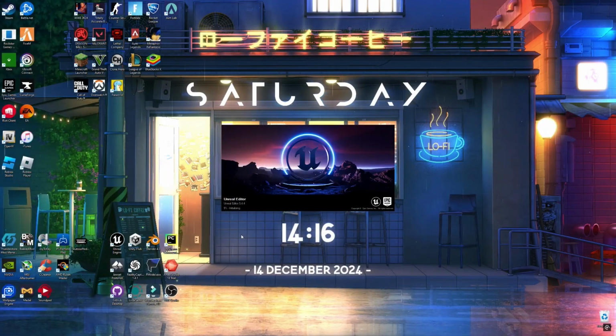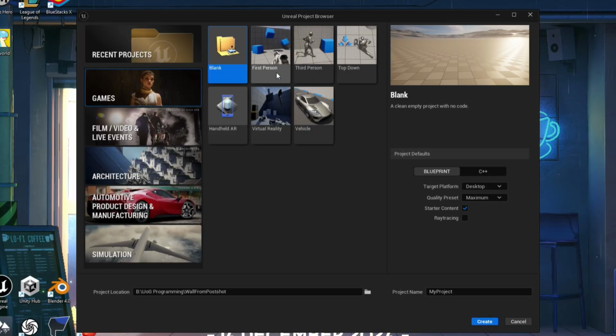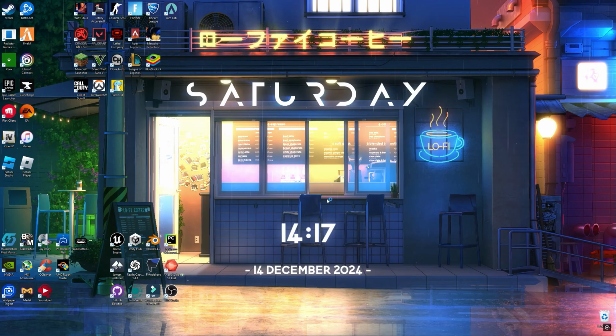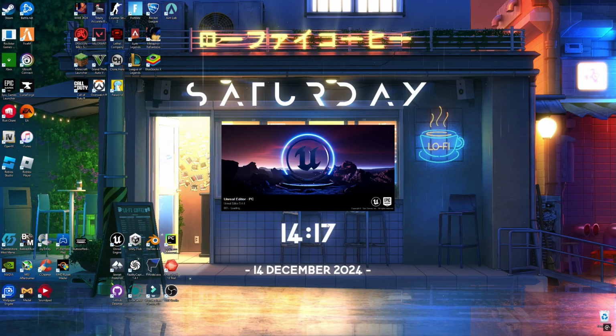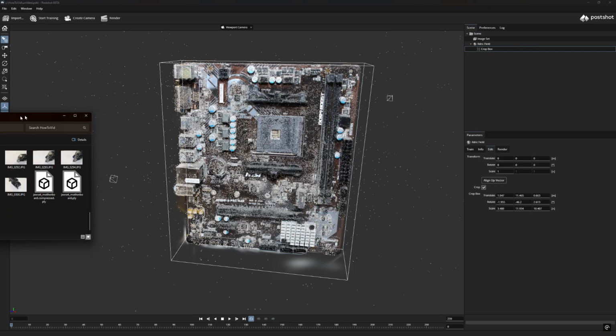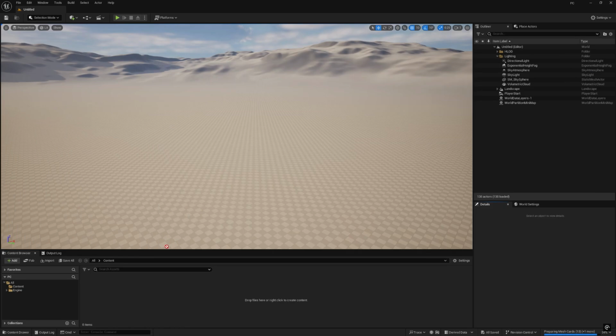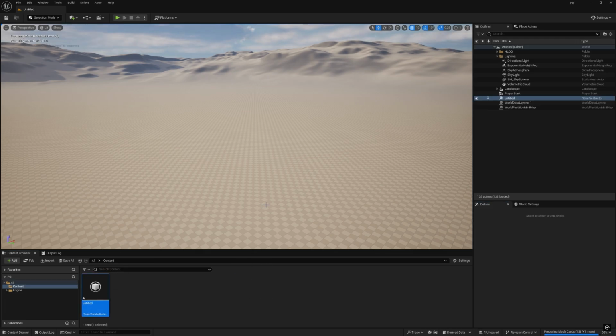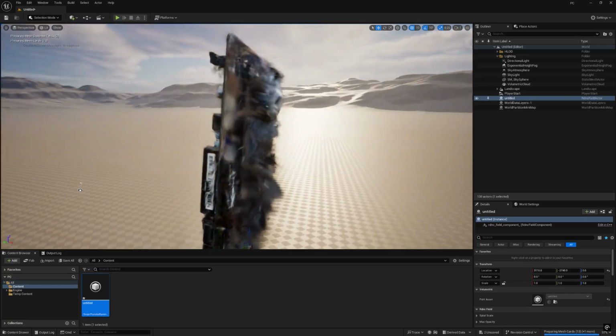Our final task is to open up our Postshot splat in Unreal Engine. Boot up the Unreal editor and create a new blank scene and save it as whatever you'd like. Once Unreal eventually opens, we want to drag our Postshot scene into the content browser of the Unreal Engine. Then we can drag our Postshot scene straight into the viewport so we can see what our motherboard would look